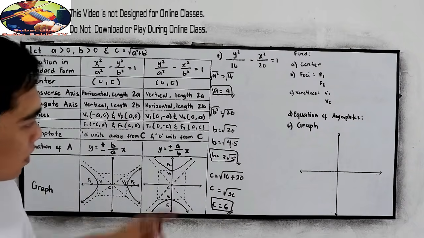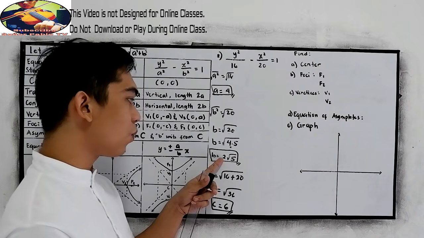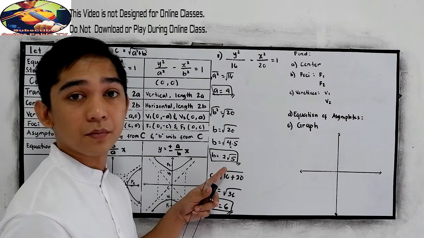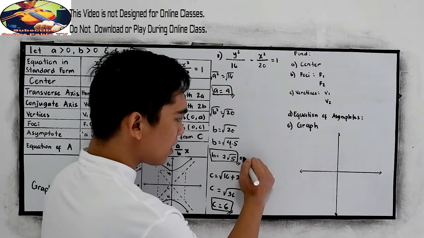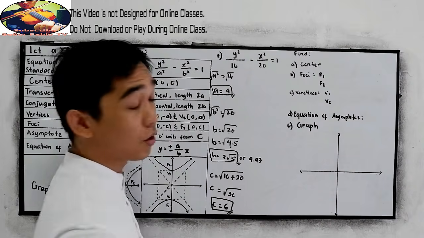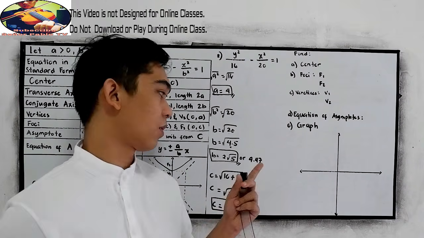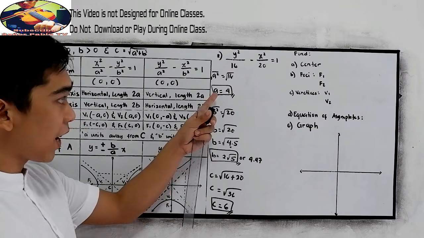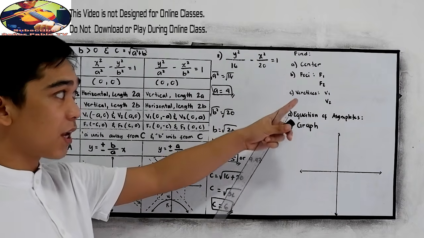Okay, so A, B, and C. You will notice that 2 square root of 5 is in radical form. Get the decimal equivalent of that, which is approximately 4.47, or near 4.5. Just press it in your calculator. Now, after getting the values for A, B, and C, we can get the center, foci, vertices, and